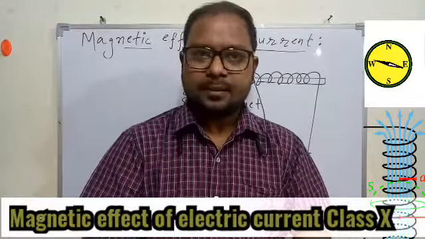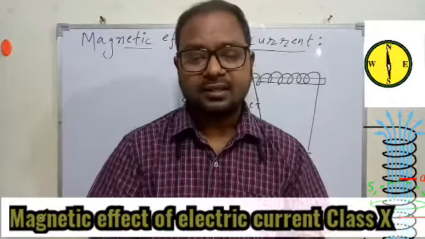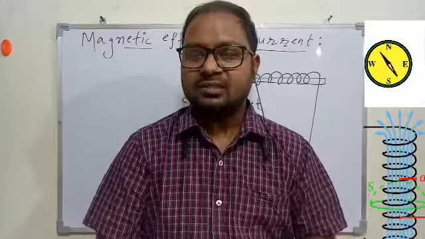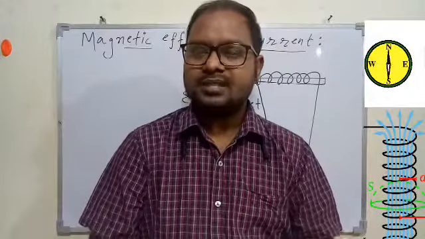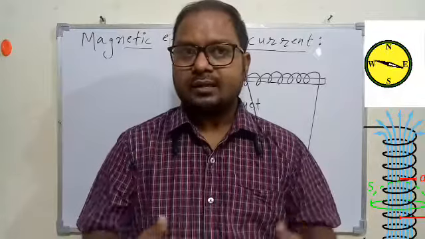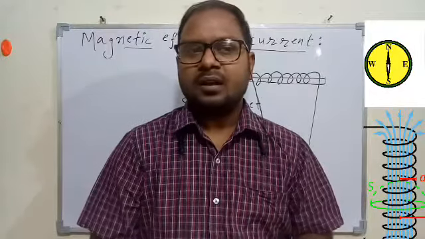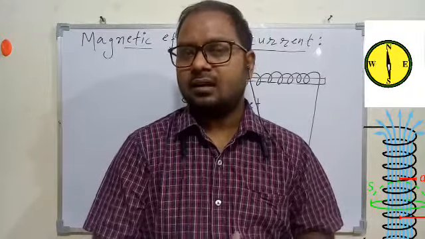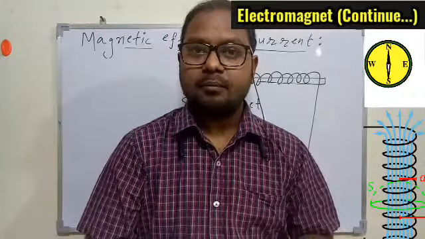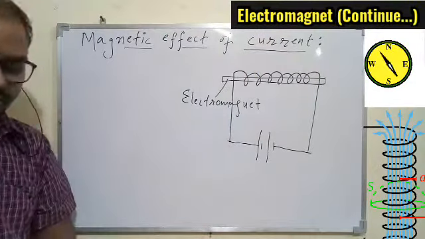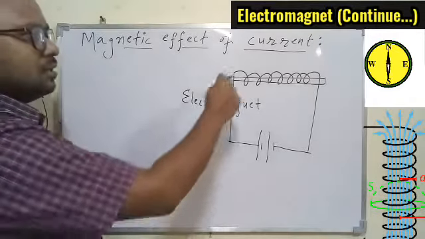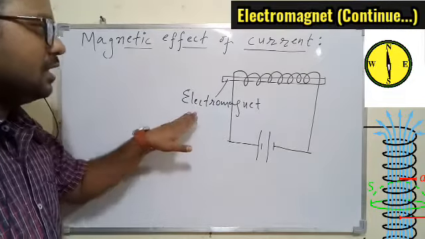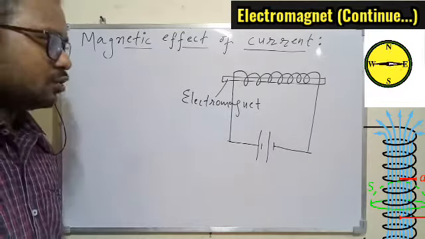We are going to continue the chapter that is magnetic effect of electric current. In the previous class we understood the meaning of a solenoid, that is a coil in the form of cylindrical structure behaves as a bar magnet when the current flows through it, and the same magnetic field that is produced by the coil itself can be utilized to magnetize a material, that is we can make the electromagnet. So that is what we did in the previous class. That is, if we have the solenoid and within the solenoid if you place any magnetic material, then it gets magnetized and that is called electromagnet.